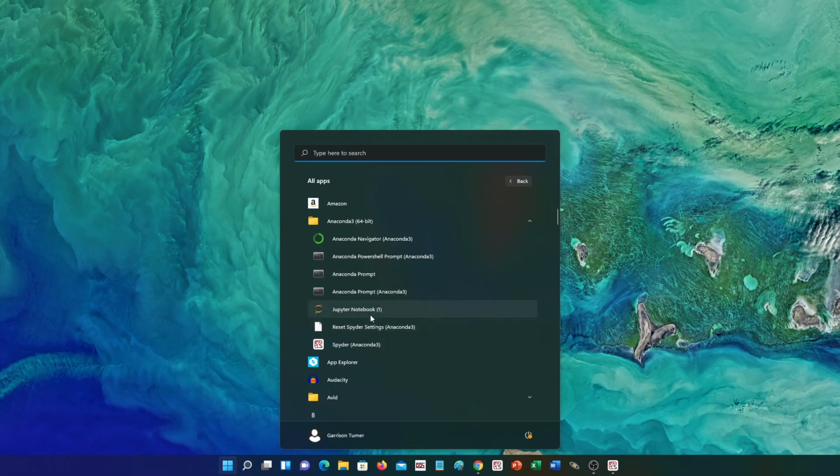Now you can use these, and in fact, the Anaconda prompt and the Anaconda prompt, Anaconda 3, all three of these are terminals very similar to what you would use if you were a Linux based